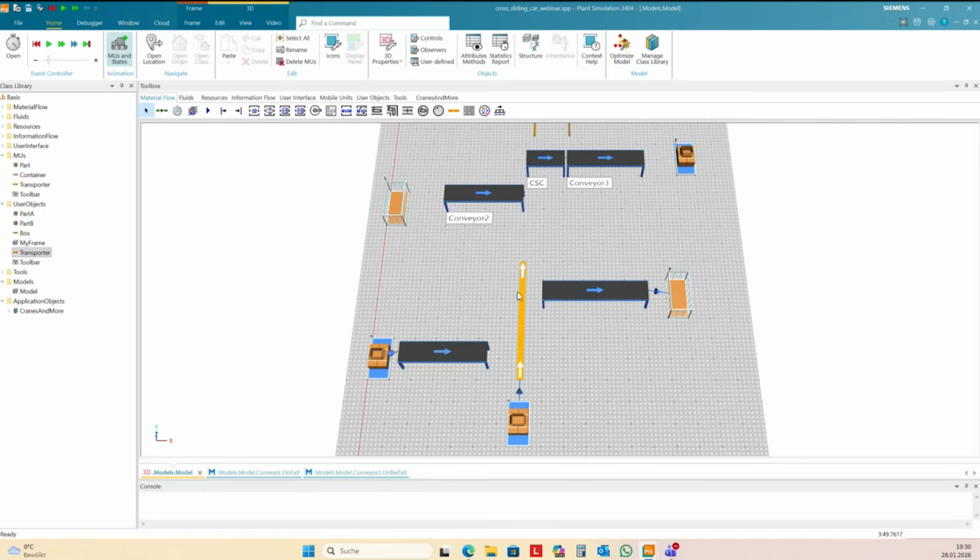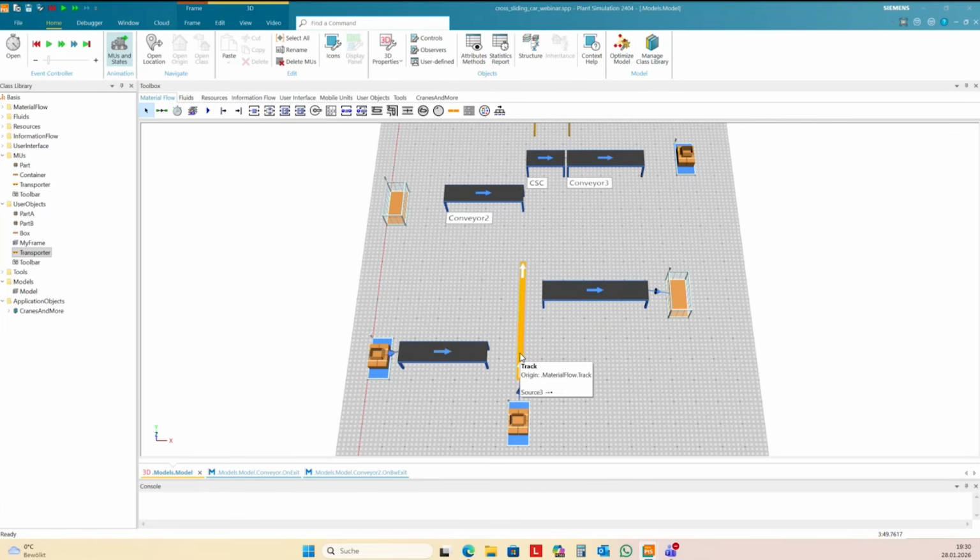Yes, and then I need sensor controls here. That's quite simple. I need a sensor control to stop the transporter here. Then I wait until a part is ready to move, and then I move the part to the transporter. And then I need a sensor control on the transporter to stop the part and start the movement to the next sensor.